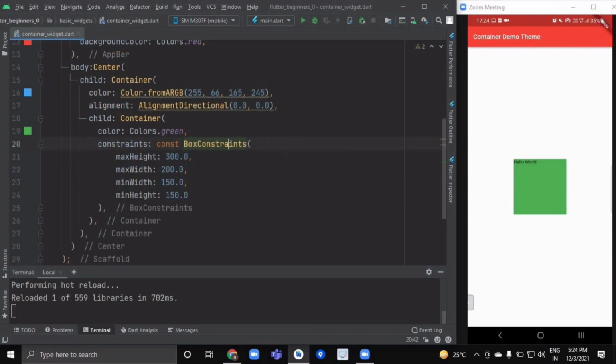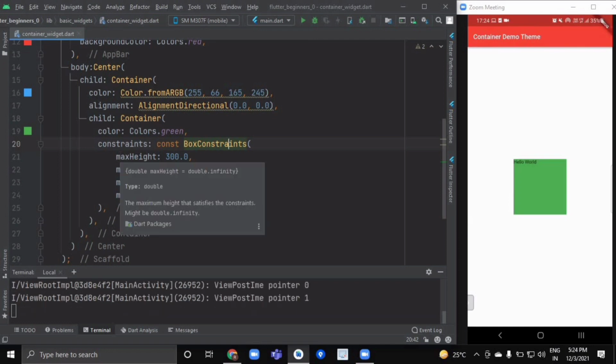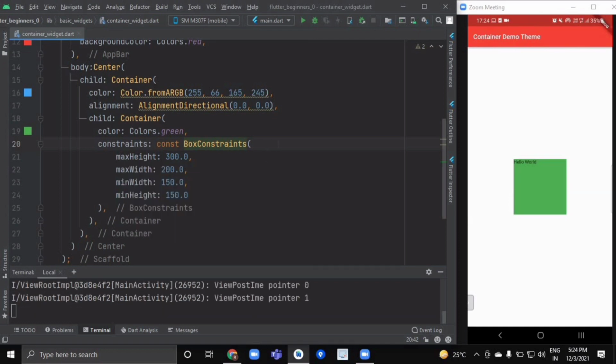So now what we have done, we have provided one more container as a child of our previous container. Okay, and here we have used its constraints property. Now this constraint, as I have told earlier, will take box constraints, and box constraints only care about the minimum and maximum width and minimum and maximum height. Okay, so